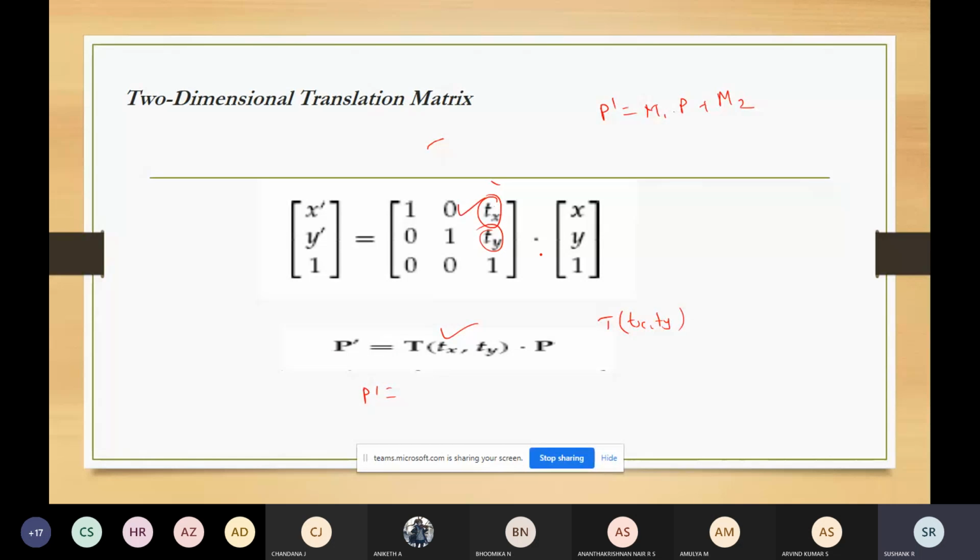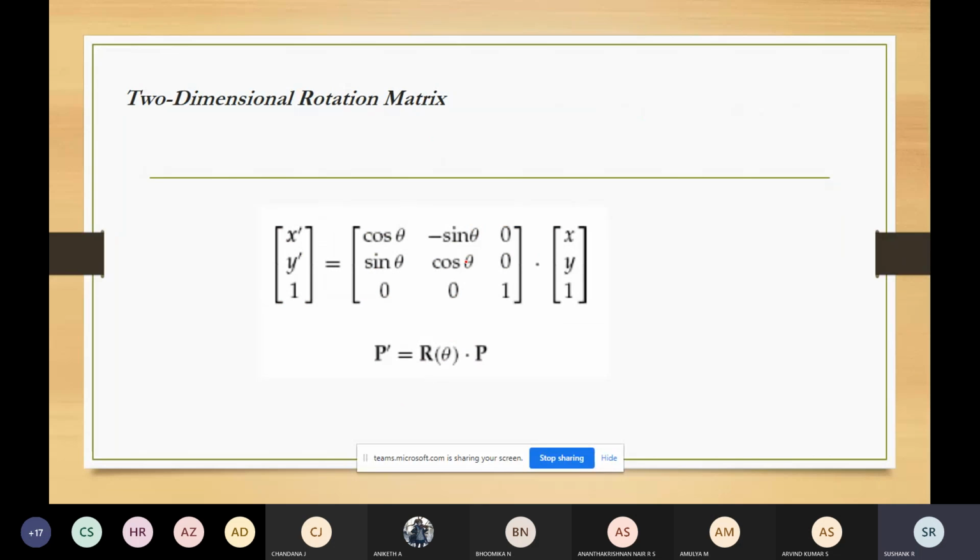If you are performing the rotation, the angle is specified with cos theta, minus sin theta, cos theta. We derived this equation yesterday. R is given by cos theta, minus sin theta, cos theta. If you remember, P dash is equal to R into P, and P dash is equal to P plus T. So three equations.